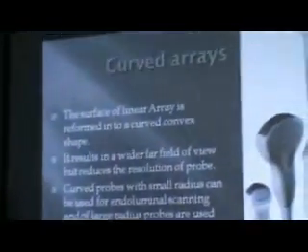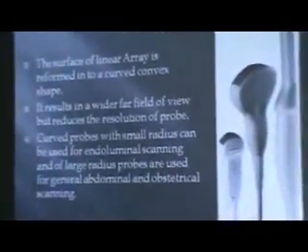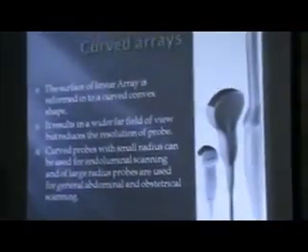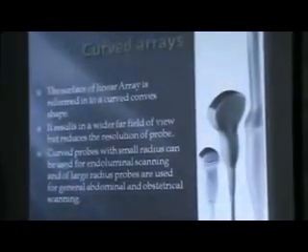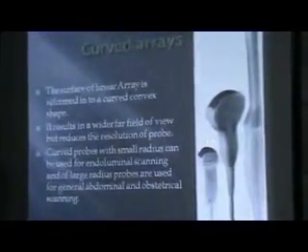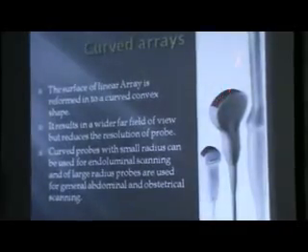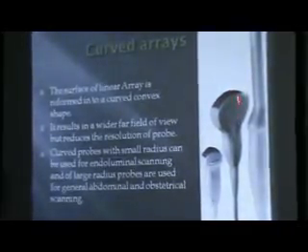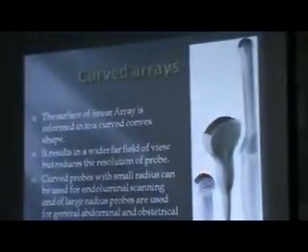For the curved array or convex probe, the surface of the linear array is deformed to a curved or convex shape, and it results in a wider far field but reduced resolution. Curved probes come with a small radius, as you can see, also called the microconvex probe. This is the convex probe, and this is the endoluminal probe. All these have the convex format, and